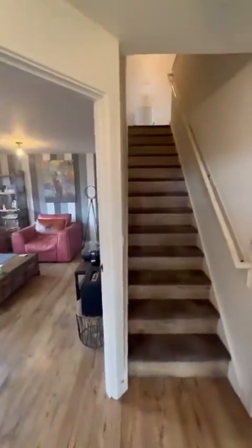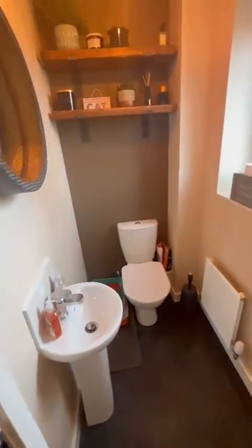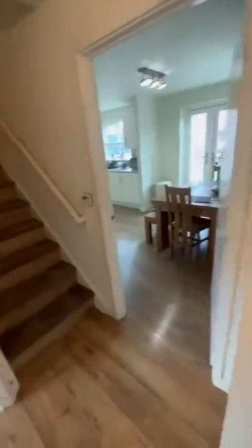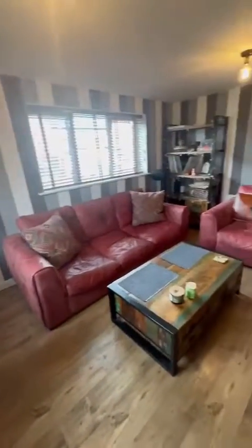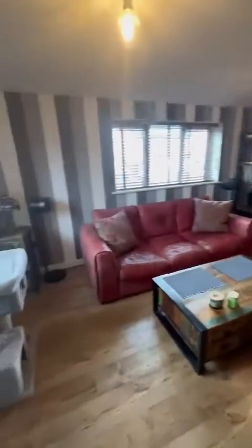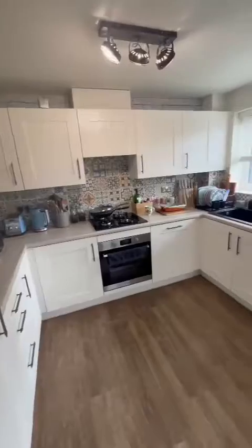So as we enter, we go into a welcome entrance hallway, which also provides access to a downstairs toilet just through here. Then we have the stylishly decorated family lounge just through here. We've got this lovely modern fitted kitchen diner